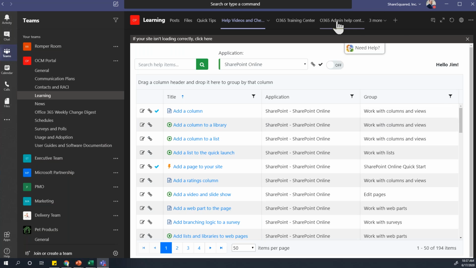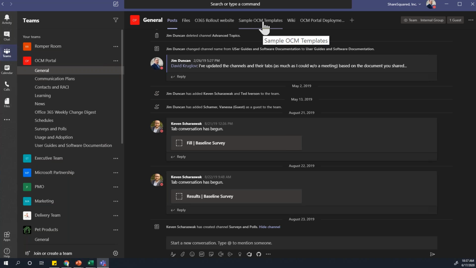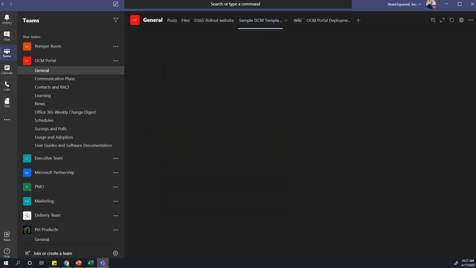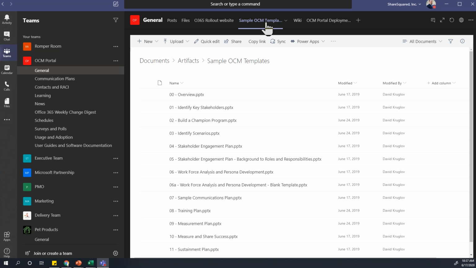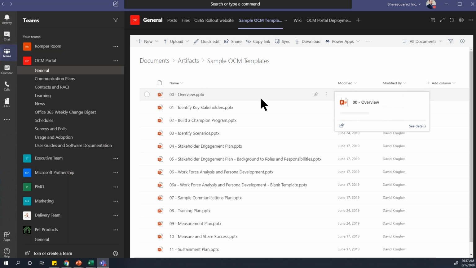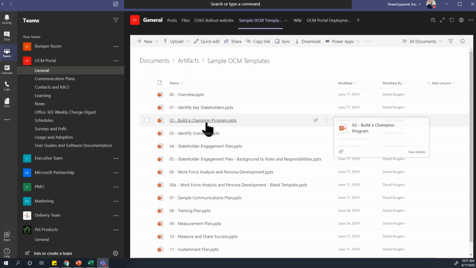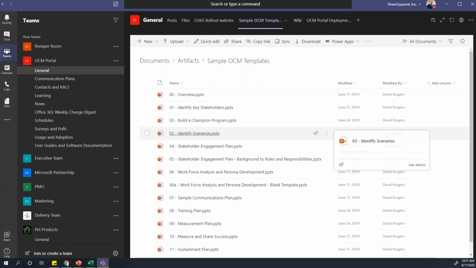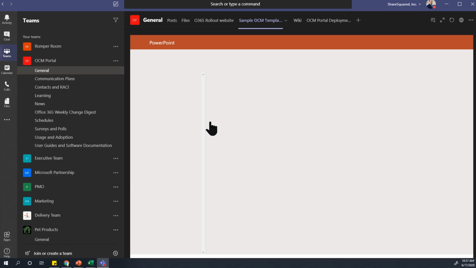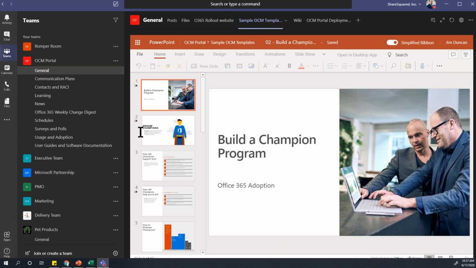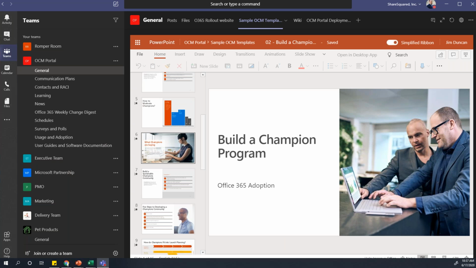And I think if you go to the general channel, I think that's got a bunch of templates in it. Is that where they are? Yeah, so these are a bunch of, go ahead and click on that. These are OCM templates that we got from Microsoft. They're about 5 years old, and we updated them, but they're all the different, build a champions program, stakeholder engagement plans, things like that. So this is just kind of an interesting way to use Teams, and also to build